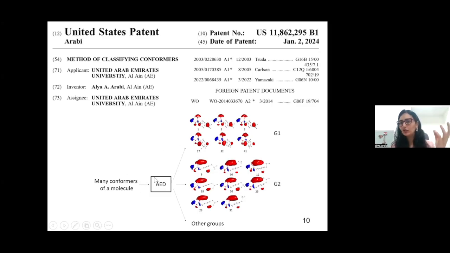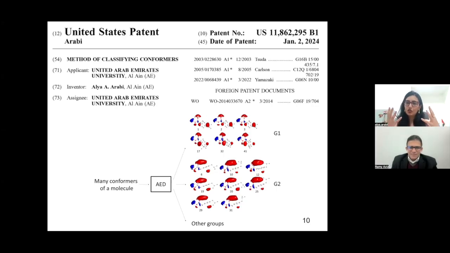The tool is called average electron density, or AED for short. In the AED, if you put so many conformers of one molecule into this tool, it will give you many different classes of molecules. You can see the conformers here share the same pictures, and these pictures are called electrostatic potential maps. They are a representation of where you have more positive versus negative regions, and that will give you guidance for the key and lock complementarity between a molecule at a given conformer and a given receptor.